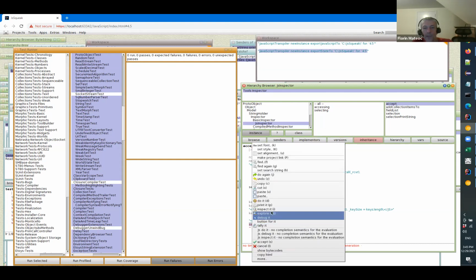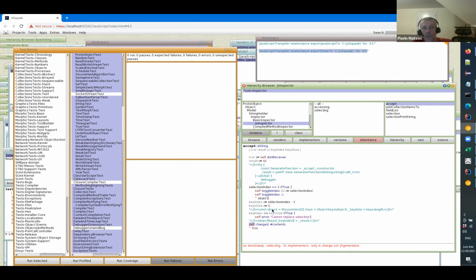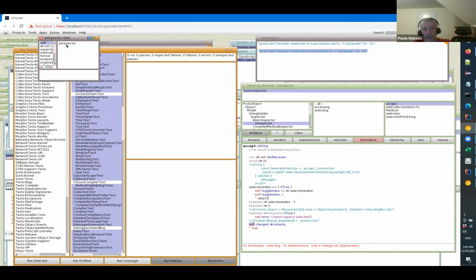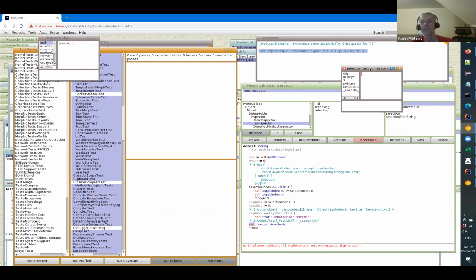So, we can just say here we use a normal inspector initially. This is a browser on the JS inspector class. Of course I inspect itself, which is just the class of JS inspector. But now we also have this inspect underlying JavaScript representation. Here we have the same JavaScript class, but this time it's viewed as JavaScript. So this is a primitive function